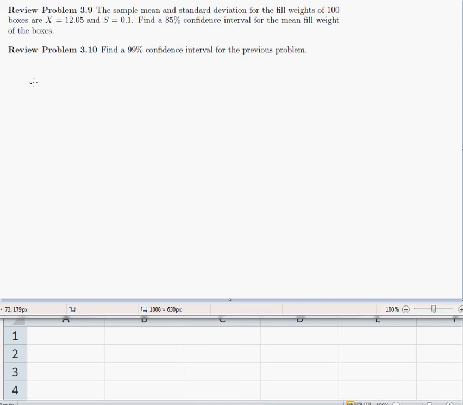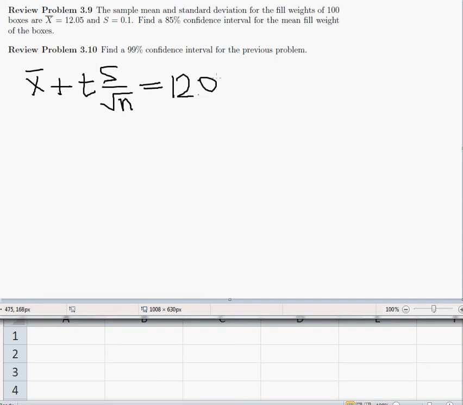I'm going to do this two different ways, mostly to illustrate that there's really no big difference between these two different ways. The first way is by using the t-distribution, that the confidence interval has the form x bar plus or minus t times the standard error s over square root of n. Okay, and so in this problem that'd be 12.05 plus or minus